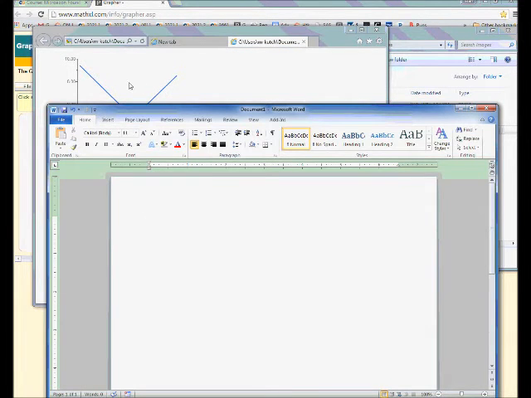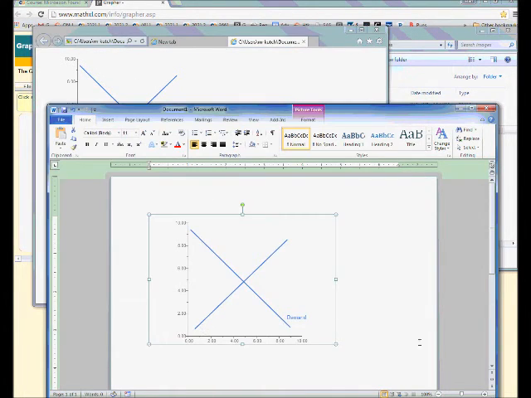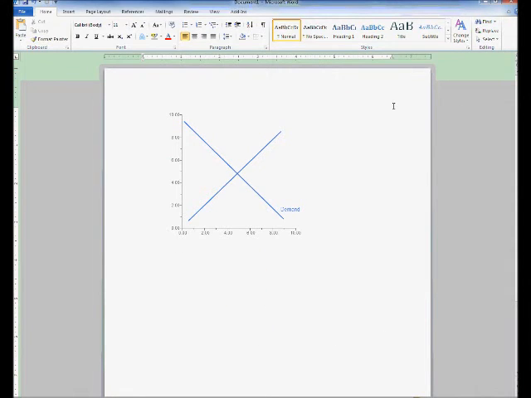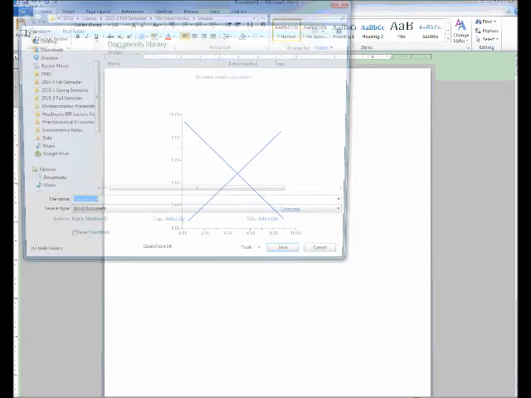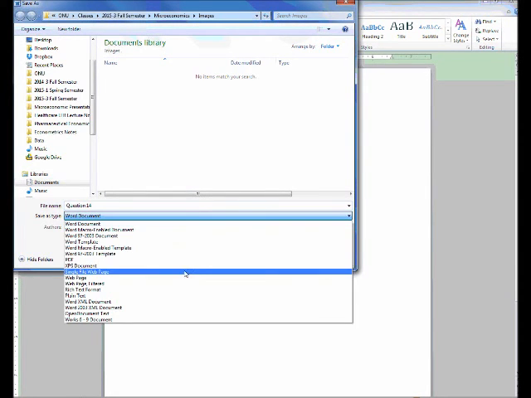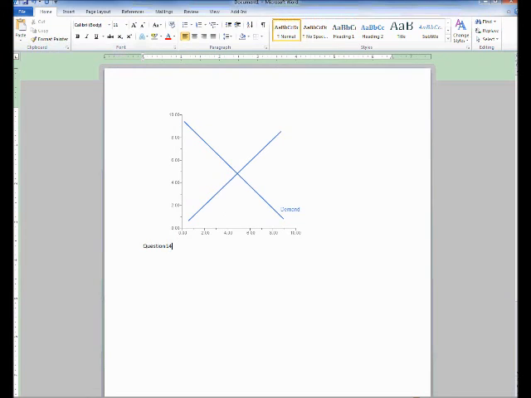But I want you to take all of the graphs that you make, and I believe there's about 16 of them, and take those graphs and insert them into a Word document. Once you have all of your 16 graphs, it actually would be nice if you label these things. So if this is the graph for question 14 or whatever, you want to try to designate or indicate that in some way. Take your Word document, and under the Save As options, you can pull this down to a PDF, and then suddenly what you've done is you've created